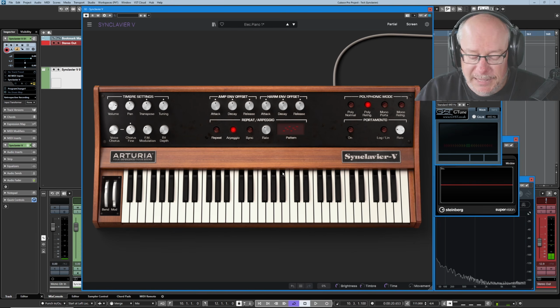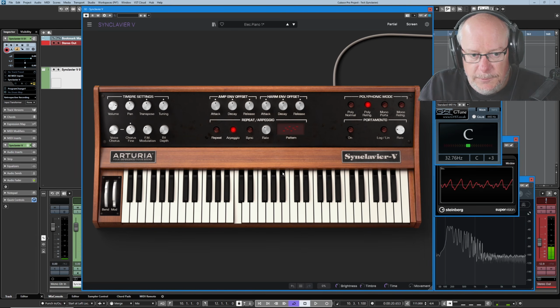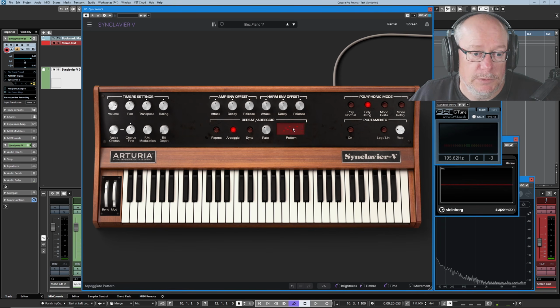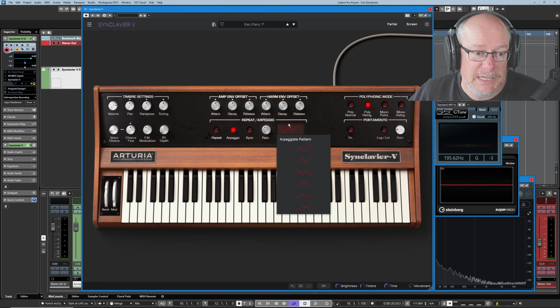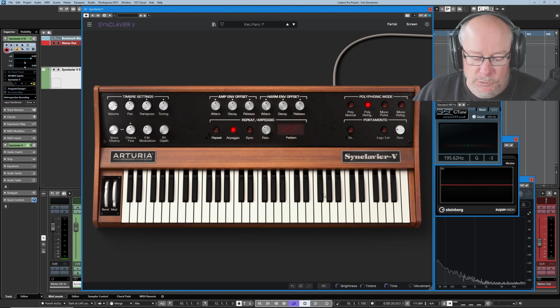And they're being played back in the pattern as actually played. If I go high to low now, then it'll do what I ask it to. That's because the pattern mode is currently set to as played. This kind of seemingly random pattern at the top is actually as played. We have genuinely random down at the bottom, and then some fairly straightforward arpeggio options in the middle. So if I choose up,